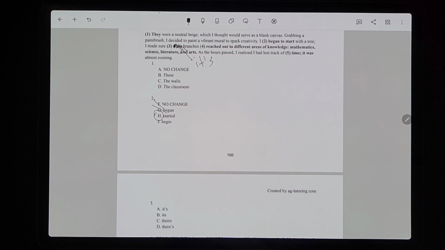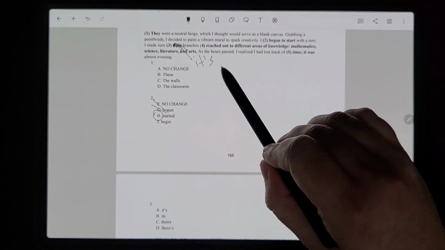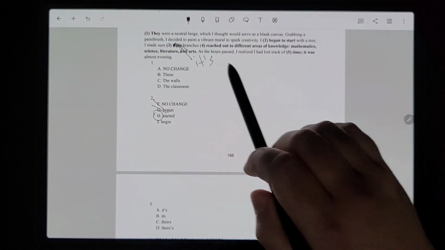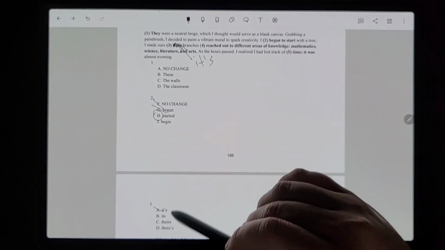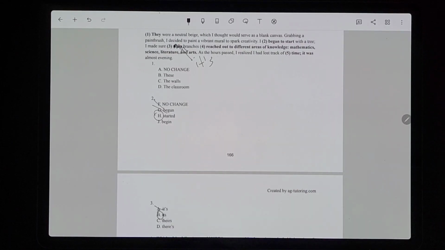Because the one with the apostrophe means "it is"; we couldn't say "I made sure it is branches." That doesn't make sense. So it can't be no change. It can't be the one with the apostrophe. It has to be B, without an apostrophe, to show that the one singular tree has ownership or possession of its branches.